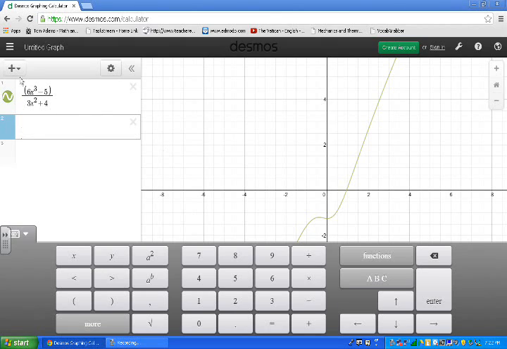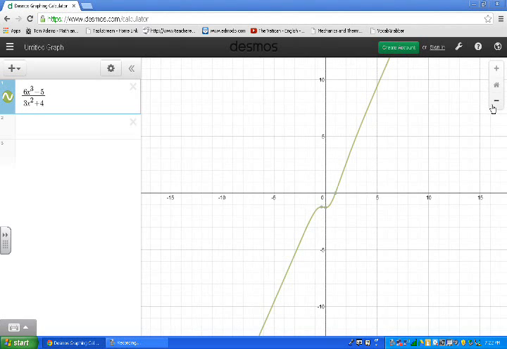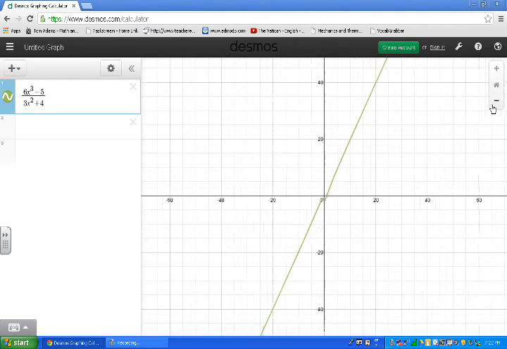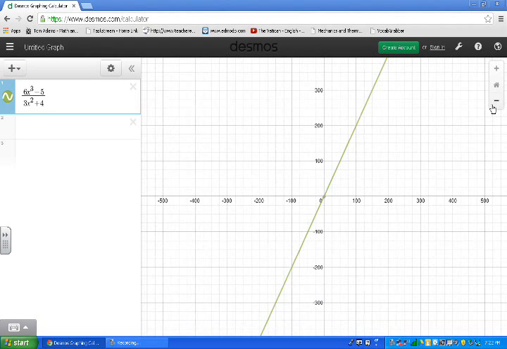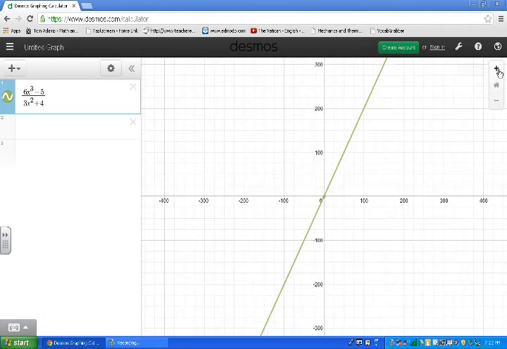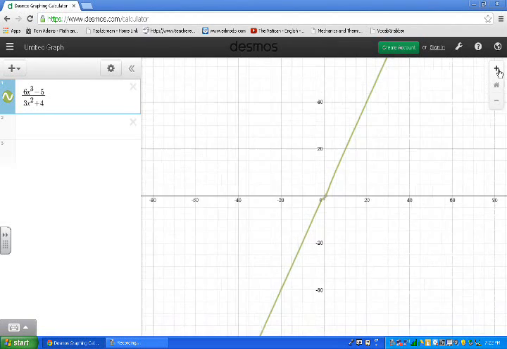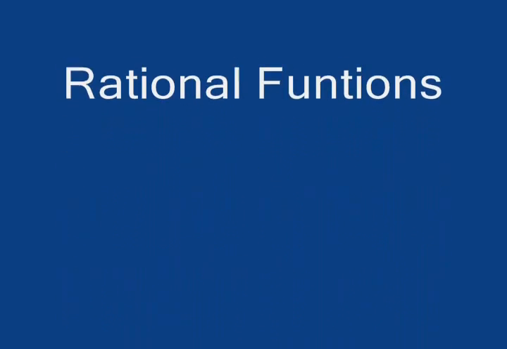And now we have a numerator growing at a faster rate than the denominator. So in that case, the numerator is going to reach infinity before the denominator. And if we zoom out, what we'll see is that as x approaches infinity, my y value also approaches infinity. And in this particular case, the same thing as x approaches